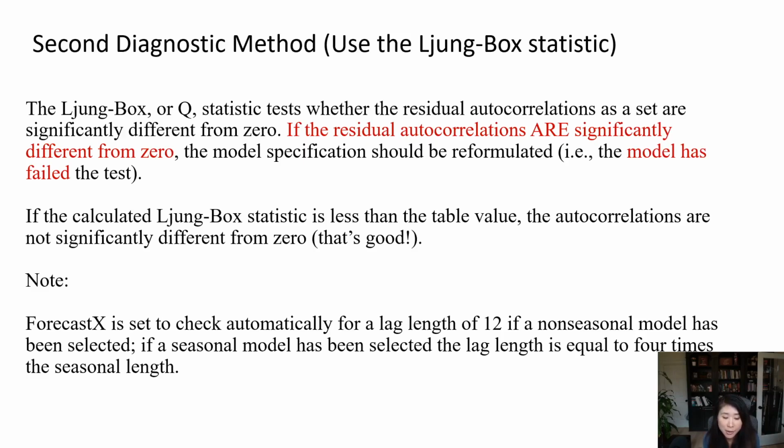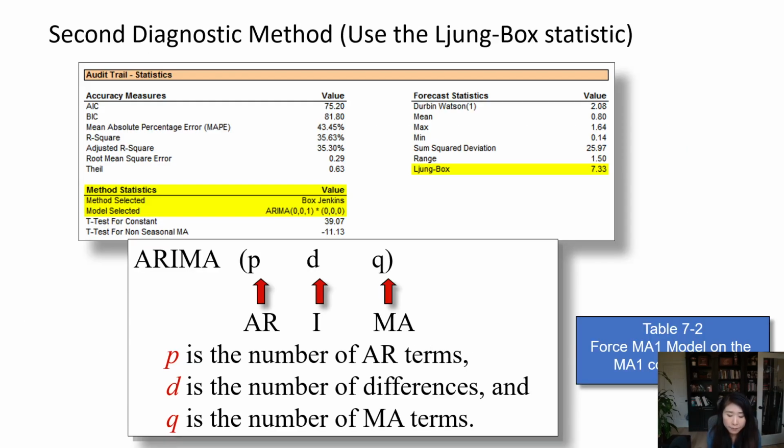We can calculate the critical value using Excel or find it in the chi-square table. ForecastX is set to check automatically for a lag length of 12 for non-seasonal data. If we're dealing with seasonal data, that length will equal 4 times the seasonal length, which is the value for m. Here I'm showing you the audit report from ForecastX for one of the ARIMA models. In the section called Audit Trail Statistics, highlighted on the screen, you can find the Box-Jenkins estimated values. In this case, the software already did a bunch of iterations to find the best model, so we don't need to give the model any input as our tentative model, because it can identify the optimal values for P,